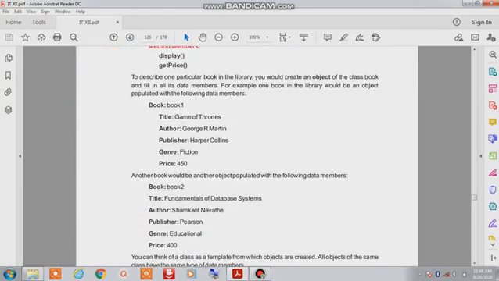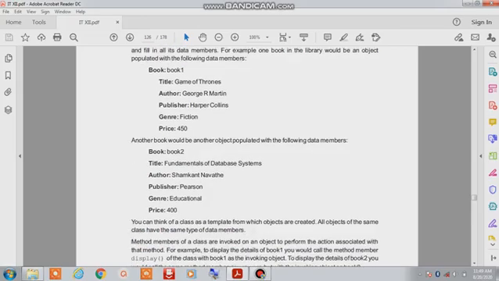Another book would be another object populated with the following data members: book 2, title Fundamental of Database System, author Shyamkant Navathe, publisher Pearson, genre educational, and price 400.